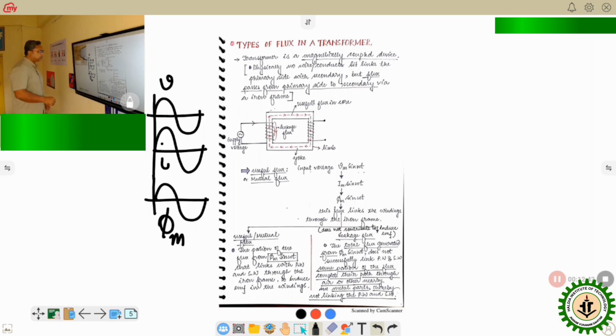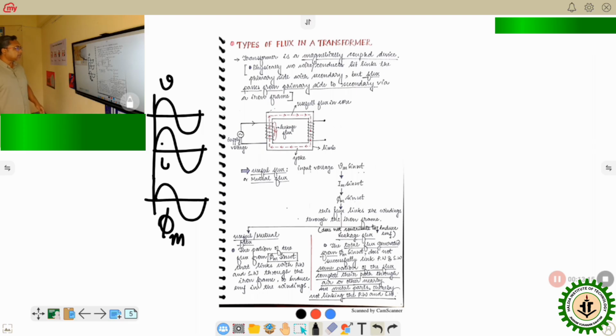Now what I have written? The portion of the flux which does not contribute to induced EMF is known as leakage flux, and the major portion of the flux which passes through the iron core is known as useful flux. So the portion of the flux phi m sin omega t that links with the primary and secondary winding through the iron frame is helpful in the production of EMF in the primary winding and secondary winding,